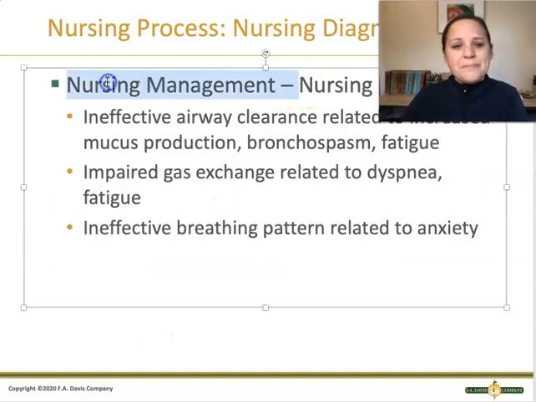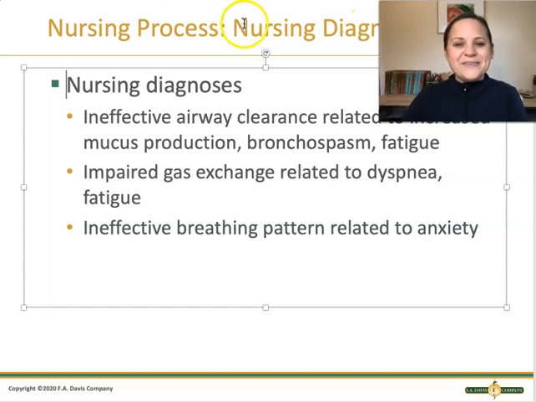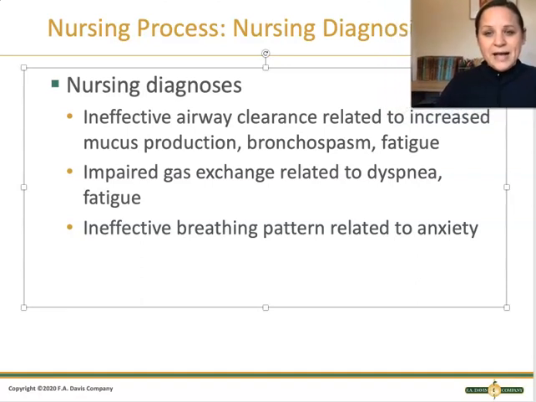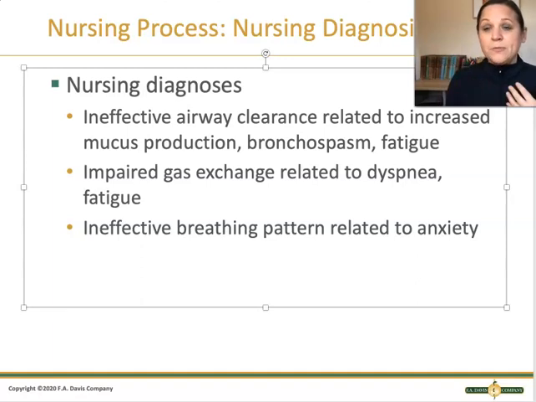All right, so the next step of the nursing process, as always, is nursing diagnosis. And so some nursing diagnoses related to asthma would be things like ineffective airway clearance because of all this mucus and the bronchospasm and the fatigue. Impaired gas exchange, where they're not able to get enough gas exchange, getting more oxygen to their bloodstream because they're short of breath. And they can definitely have some anxiety, not because it's a mental health issue, but because they're literally starving for air and getting really anxious about that.